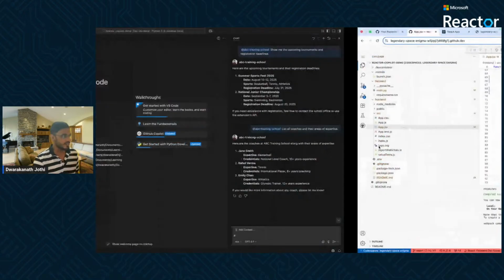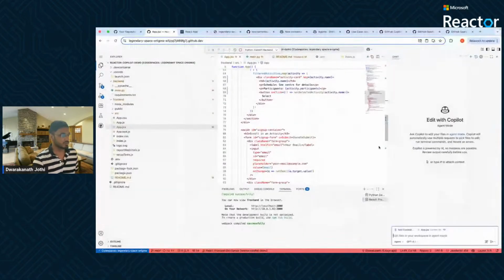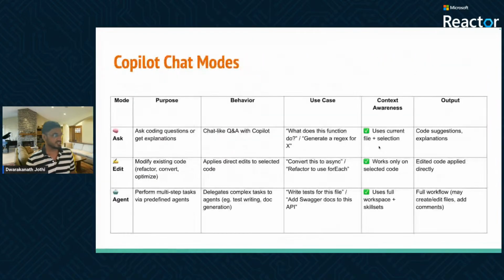Before we do that, I can just show you a glimpse of this. These are the different chat modes that we have. Ask mode, as we discussed, is more of a chat-like Q&A with the Copilot. The edit mode is mostly about modifying the existing code, where you pretty much know what to change. And the agent mode is where there are multiple steps involved. One such example is where you want to completely revamp a complete component, and you want the agent to take the lead and also suggest certain things. But even there, when you have the proper prompt defined, where you say,